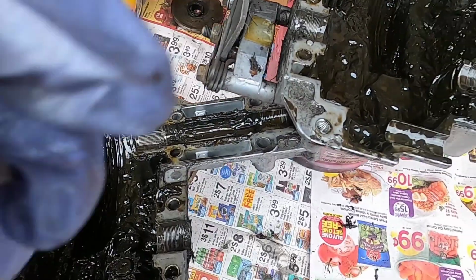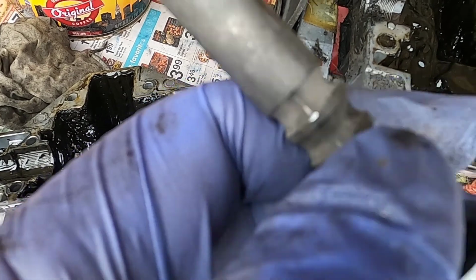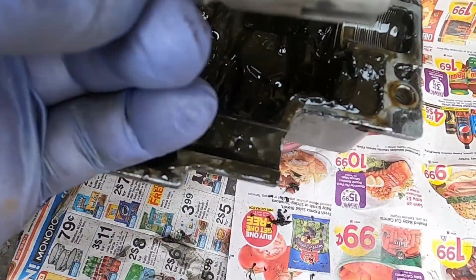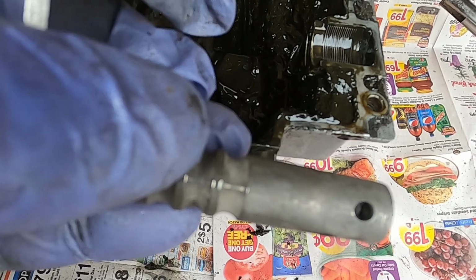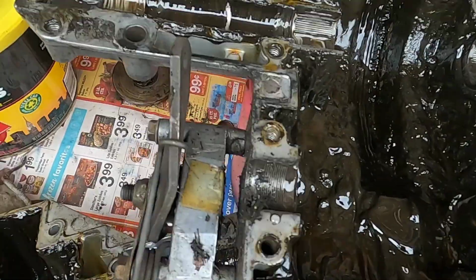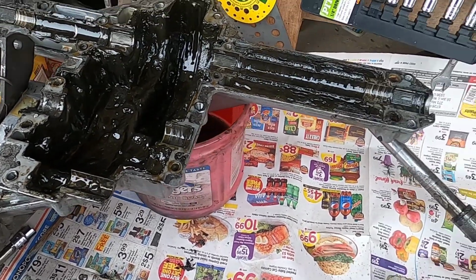And you can see wear on this also, where that little ball is, it goes this way. You can also see the wear on this fork assembly. See where it's shiny like that? It sits in here, and there's that little ball that goes in there, and from sliding back and forth,